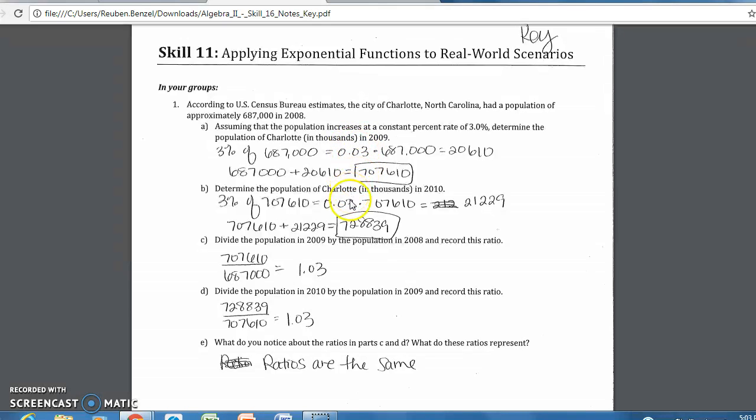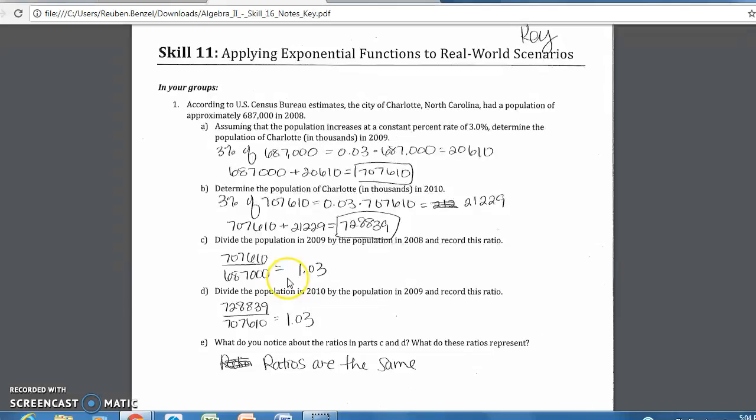Then we do the same thing going from 2009 to 2010. So we get 21,229, and we add that to 707,610 to get 728,839. And if it asks you what the ratio between 2009 and 2008 is, you divide the population in 2009 by